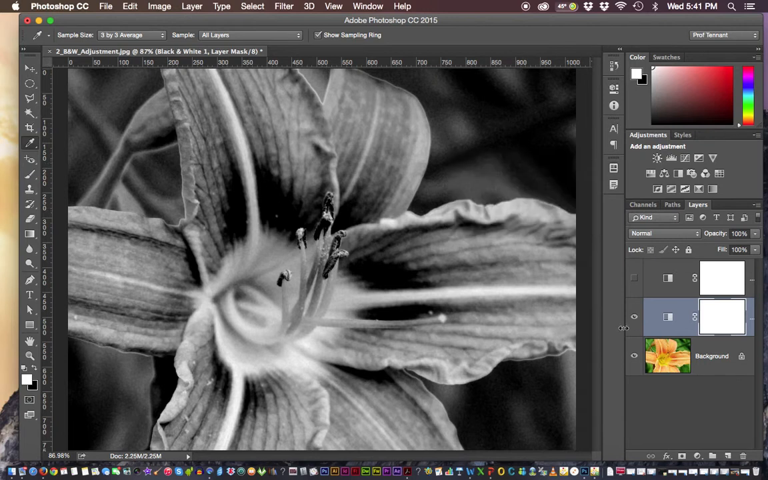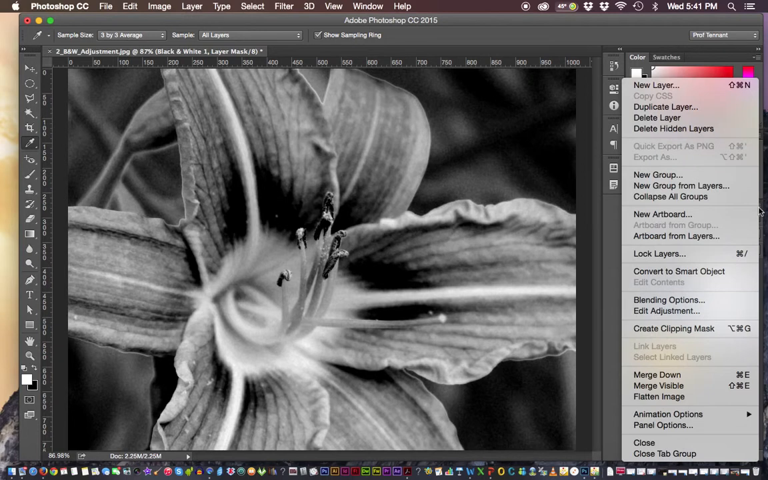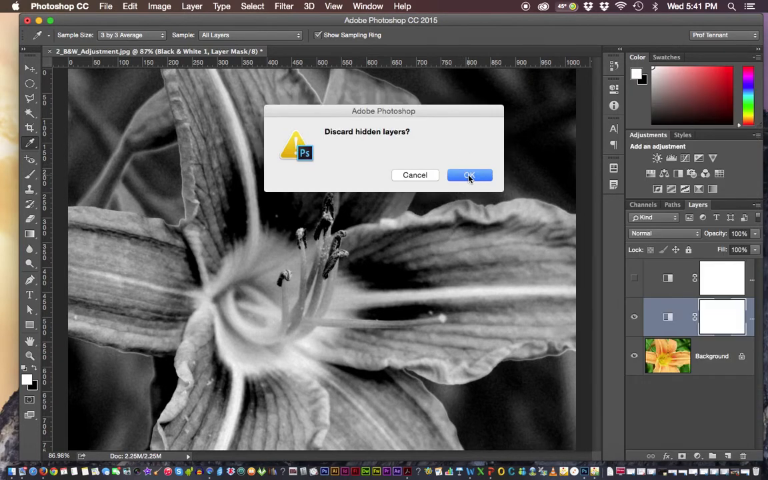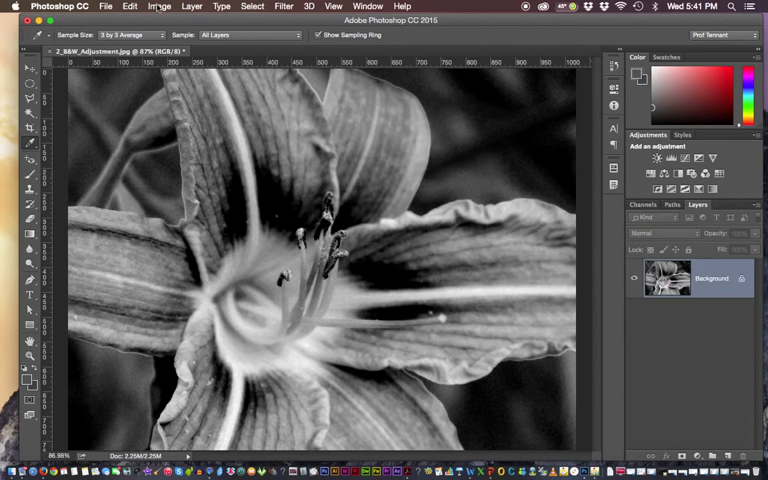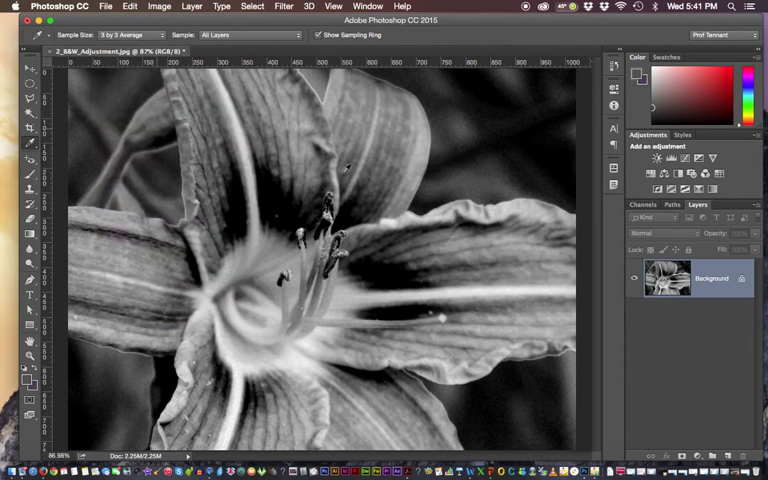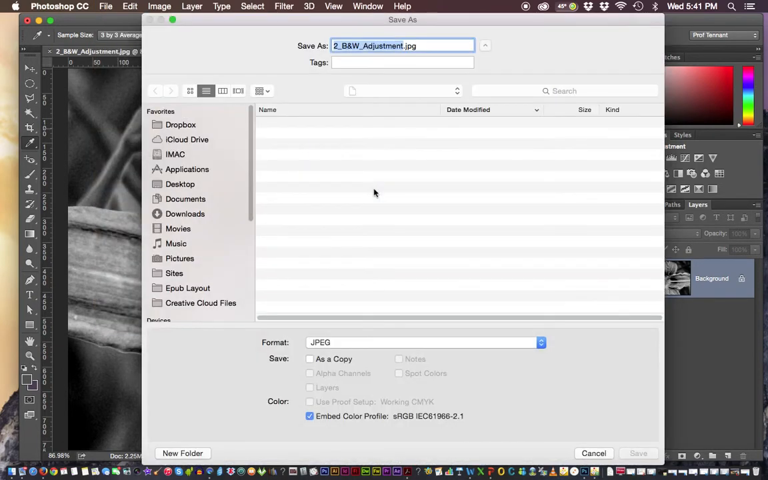Okay, and that's basically it for our lesson on the black and white adjustment layer, and you're going to have some fun with it. If you like, for purposes of your portfolio, to show before and after, of course, you're going to flatten the image in the layers. Okay, flatten. Alright, discard the hidden layers. Okay. And then you can save as,